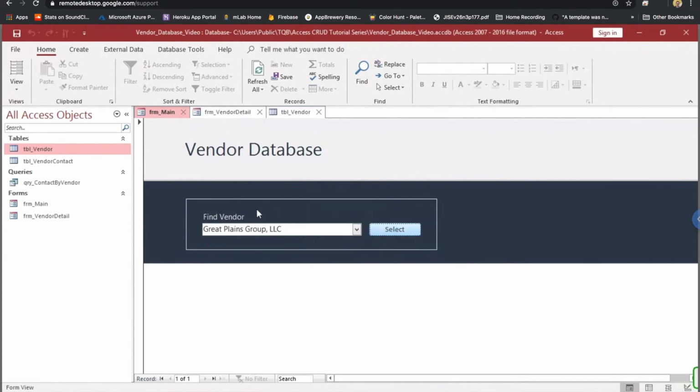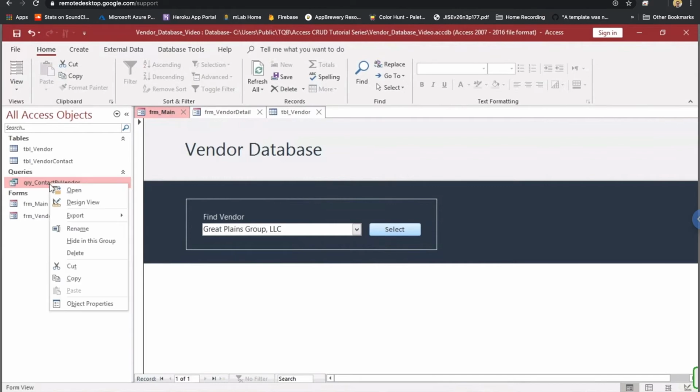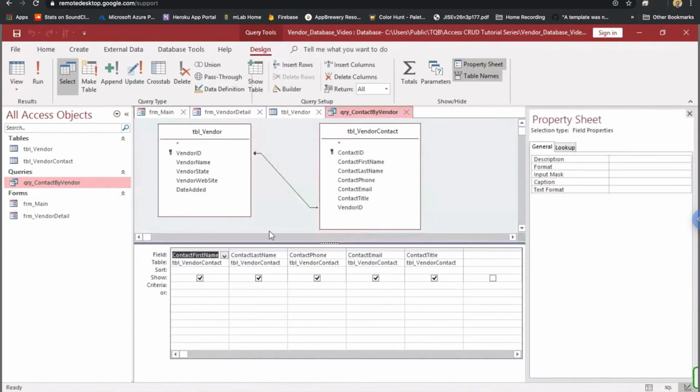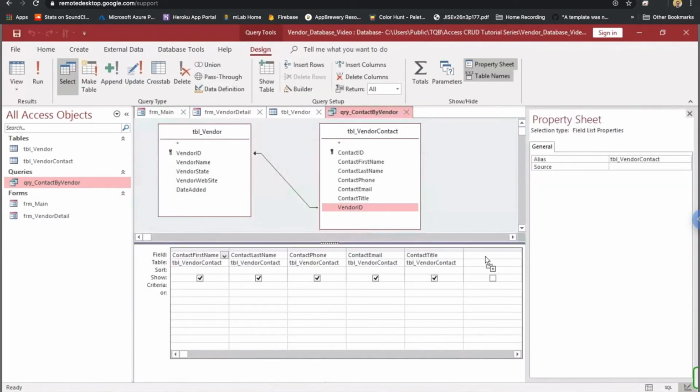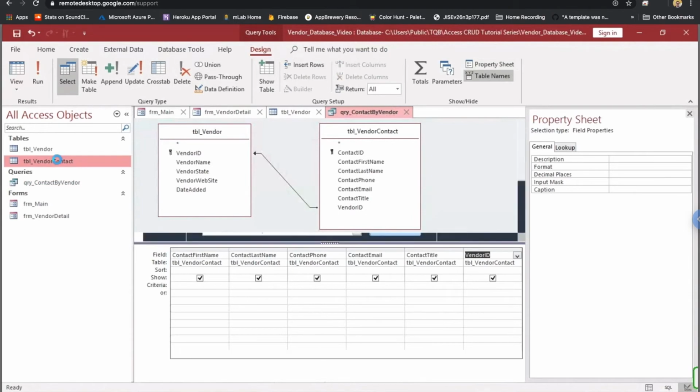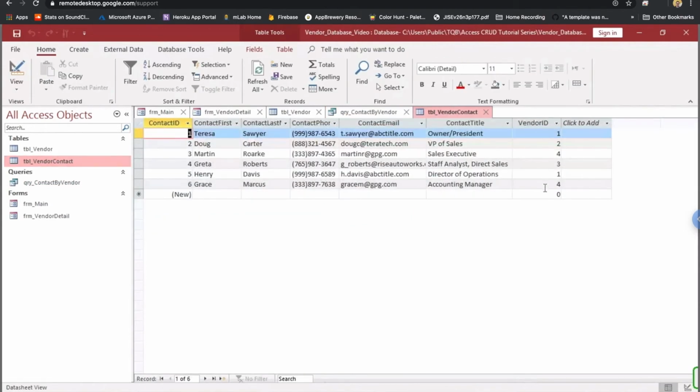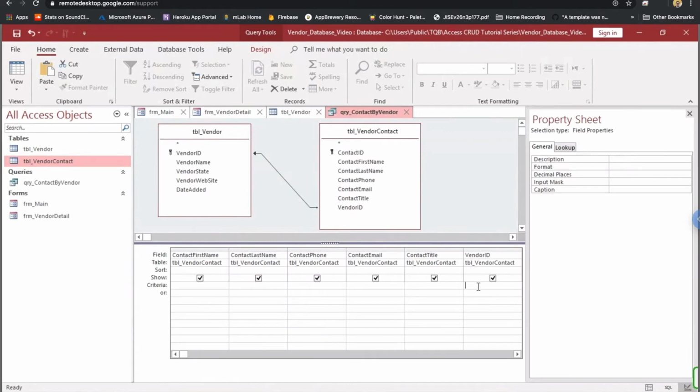That's the ID. So that's very important, because if you remember a few videos ago, we created our query, contact by vendor. If I open up the design view, remember that we had vendor ID as criteria from our vendor contact table. And if I go back to vendor contact, remember we have a vendor ID field for all of our contacts that has to be selected in order to tie it back to a vendor. So close that. If I set this criteria to